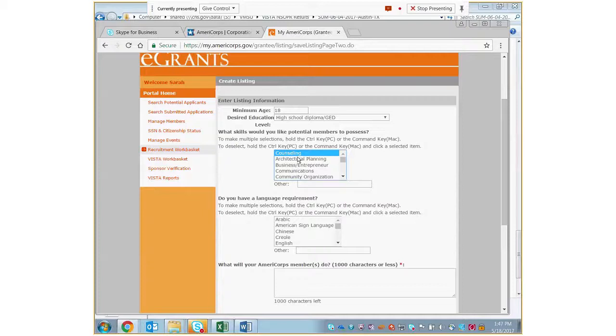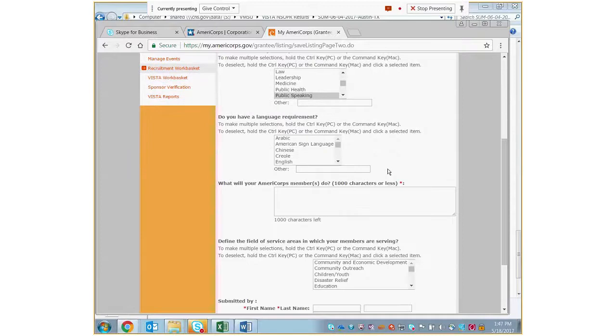So counseling is not something we would want to see in your list. But perhaps you want somebody who's good at communication, and who has some skills related to fundraising and grant writing. So you're going to click the control button, choose a few of these items in the pick list, and now they are saved.